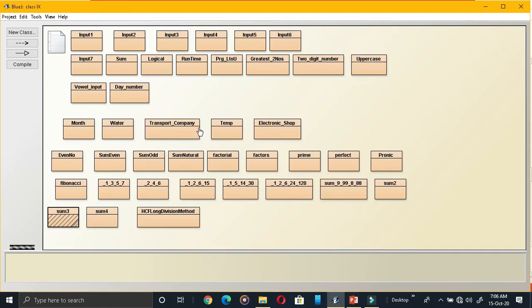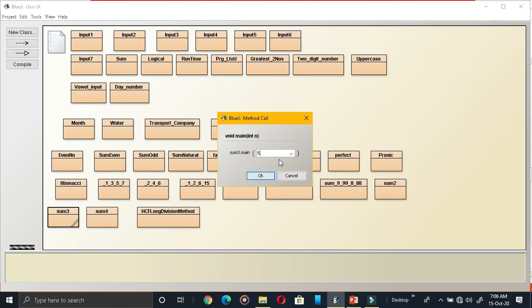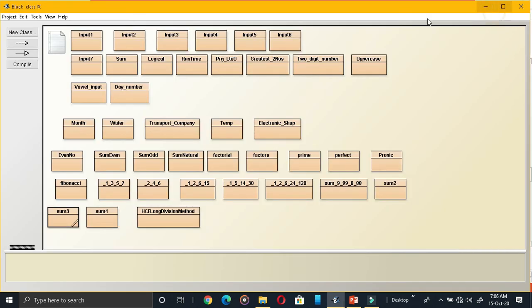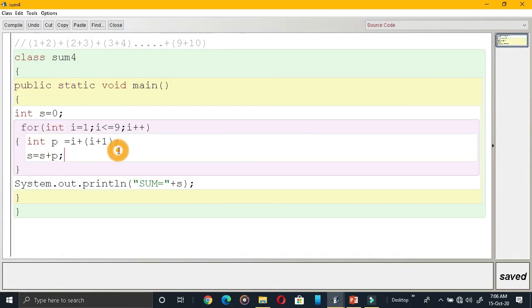So let us see the answer now. See, I am giving here 5. See, I got the answer. Double variable I have used for sum. That's why I am getting very accurate answer. Remember that. Next is another sum. Whenever you are going for sum, the printing will be done outside. Whenever you wanted to print a pattern, the printing will be done inside the loop.